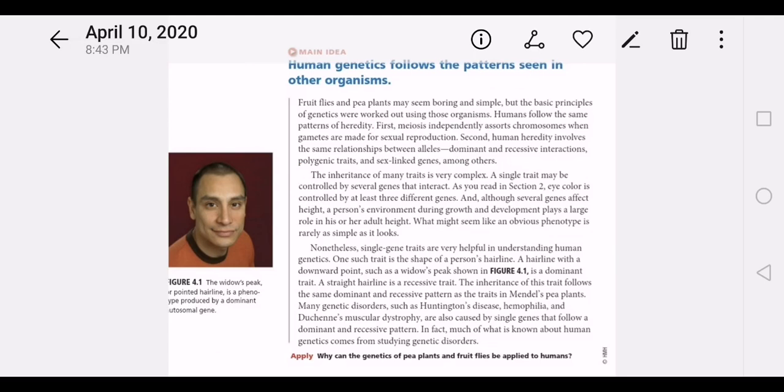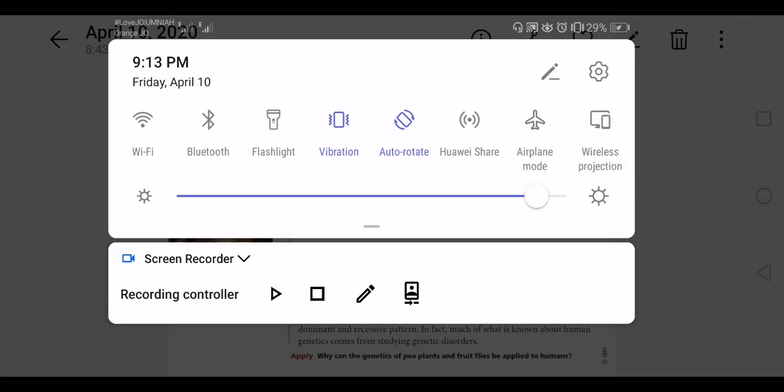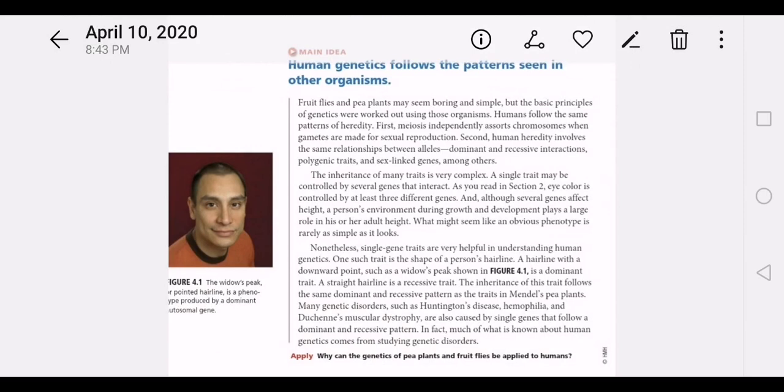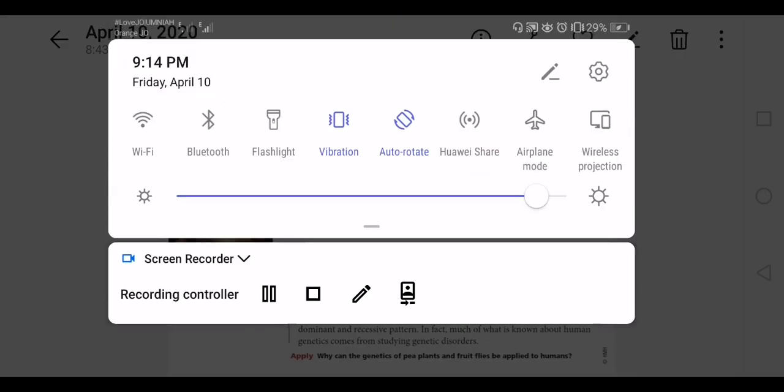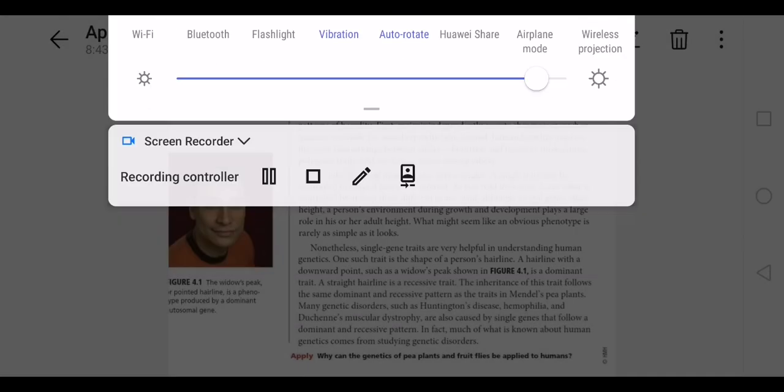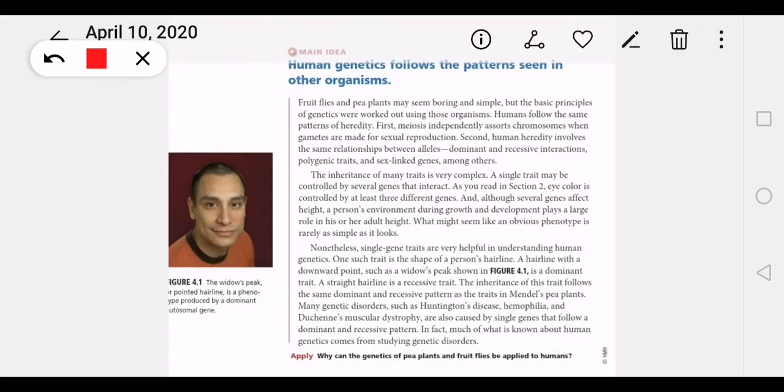Now, as you remember, we studied that eye color, as an example, is a polygenic trait, with 3 different genes controlling it, right? We also studied that the environment has a large impact on the phenotype, okay? As an example, and you have this example here in the book, it says